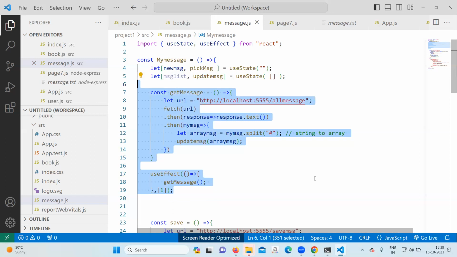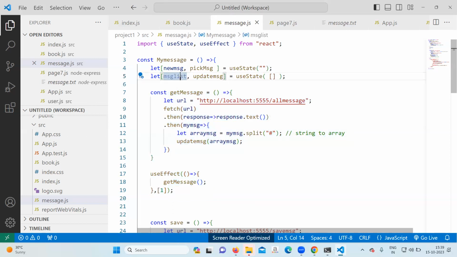Written. So come down. Also the get message function you have to call